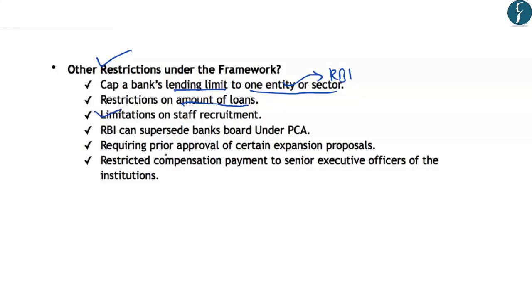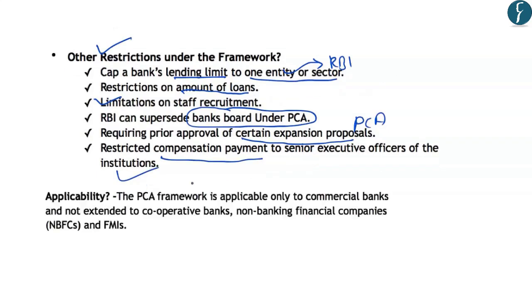And under this framework, RBI can supersede the bank's board under the prompt corrective action. Further, the banks require prior approval for certain expansion proposals under the PCA. And further, the salaries and the compensation payments to the senior executive officers of the institutions are restricted under the prompt corrective action. And regarding the applicability of the prompt corrective action framework, it is applicable only to the commercial